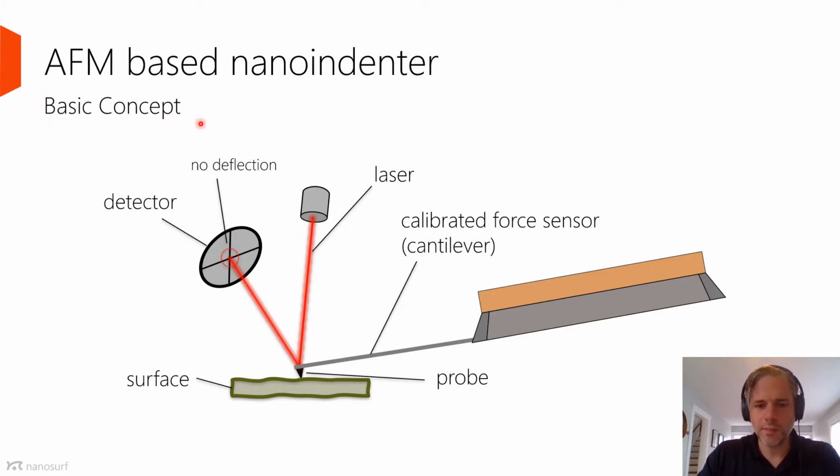Now, the basic concept is we have a calibrated force sensor, and with an AFM, we call this a cantilever. At the end of the cantilever is a sharp probe with, again, diameters less than 100 nanometers typically. We use a laser which reflects off the end of the cantilever and hits a position-sensitive detector. When there is no force on the cantilever, we get no deflection. Now, when we push into a